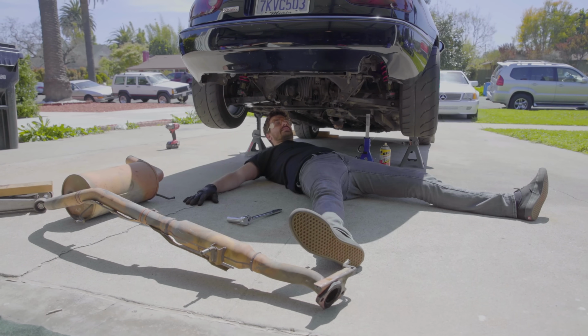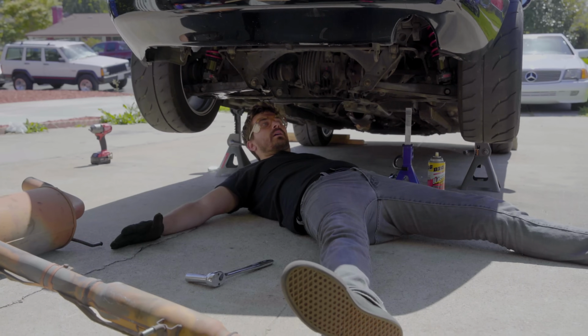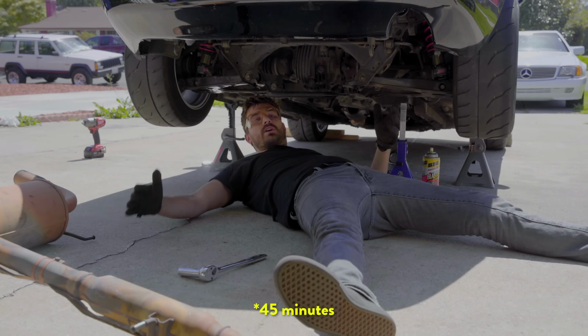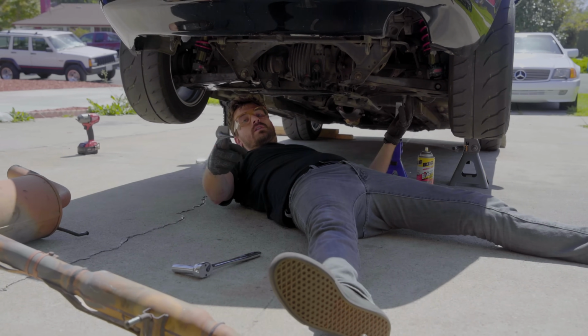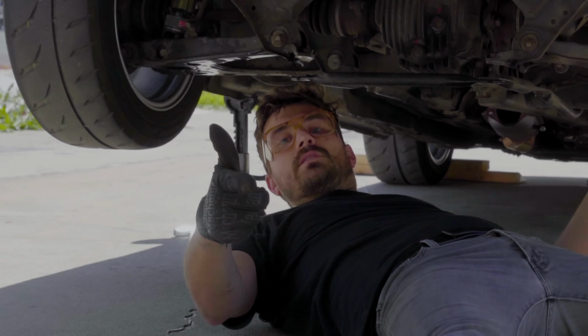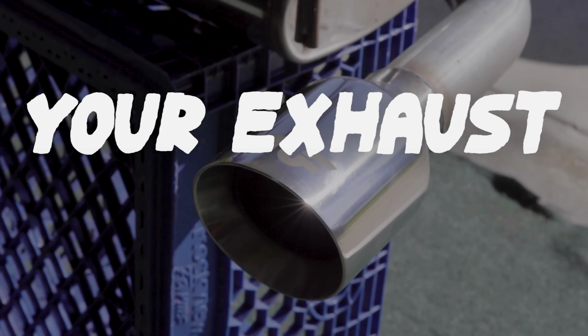Okay, the old exhaust is out. That was pretty easy, even with a couple little hiccups. I think it's been 15 minutes, so removal, installation, this whole thing is not too bad. So far, worth it. All right, so let's talk about some of the pros and cons of an aftermarket exhaust